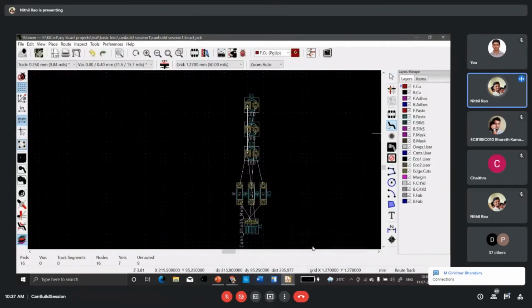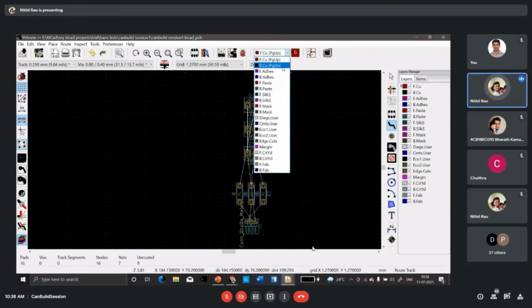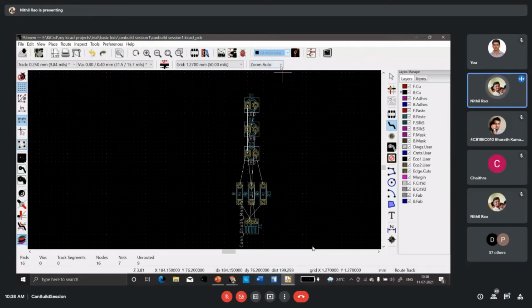Thank you. So what we have to do is click on the wire over here. I have to choose the color of wire I need. This is BCU. I'll be choosing CU, which stands for copper. Click anywhere on the pole and it will guide you where you're supposed to link it. See, I clicked on this point and it is showing me where to connect. This is where I'm supposed to connect it.